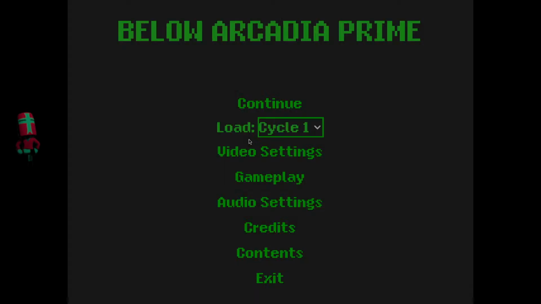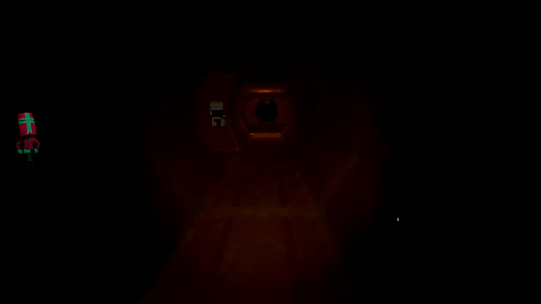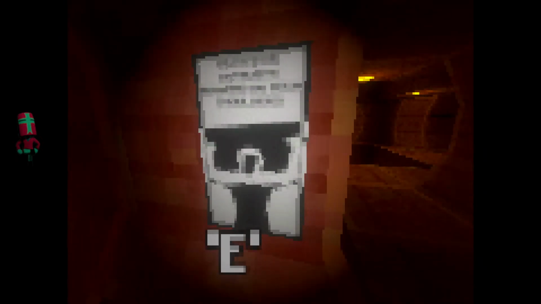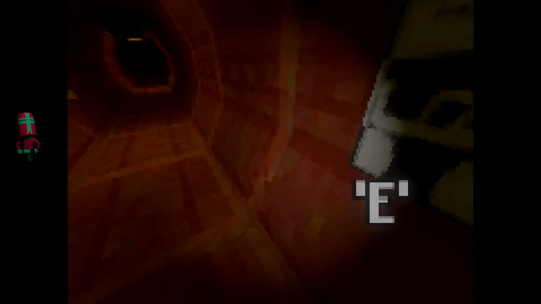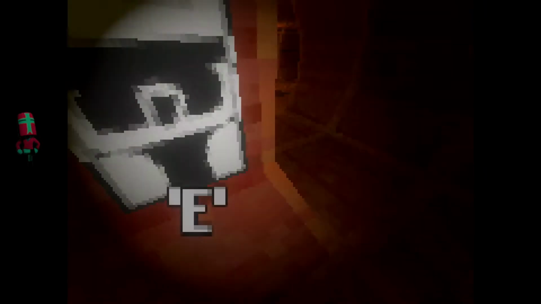Now will this work? If I load... Okay, it's looking like a no because I can't move right now, but I'm also not seeing anything.